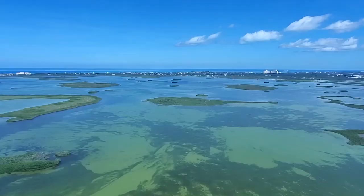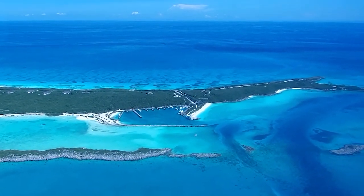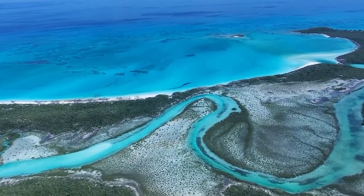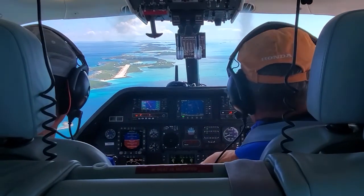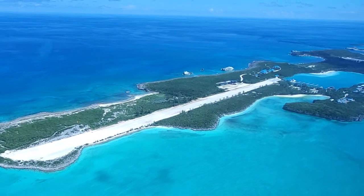and fly further south to scout out marinas, coastal waterways, and runways to land. We're not landing here. Unless we have permission somewhere, but...